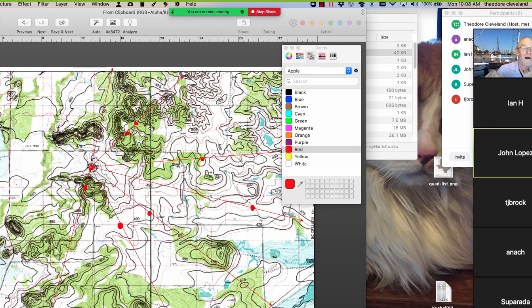Uphill, high spot, downhill. Okay, so now I will take advantage of the arrows. Water right here is